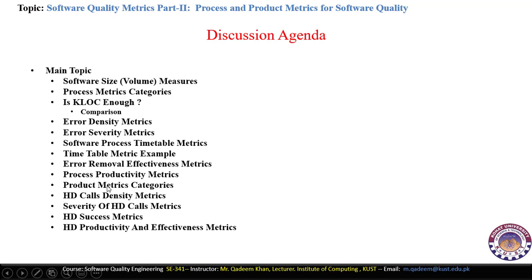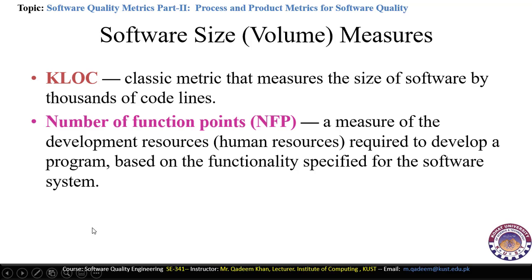Then we have the product metric categories. Here we will discuss different kinds of the product metric. Then we will discuss the HD call density metric, that is the help desk call density metric. Then we will discuss the severity of the help desk call metric here. Then we will also discuss the success metric and the productivity and effectiveness metric of the help desk metric. Now,